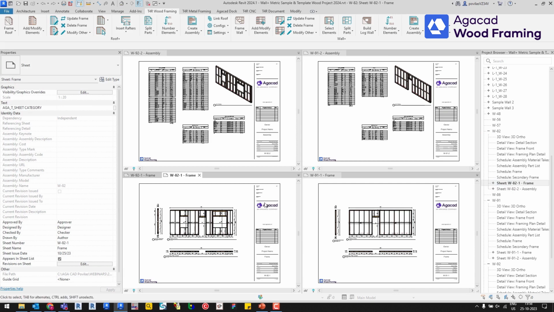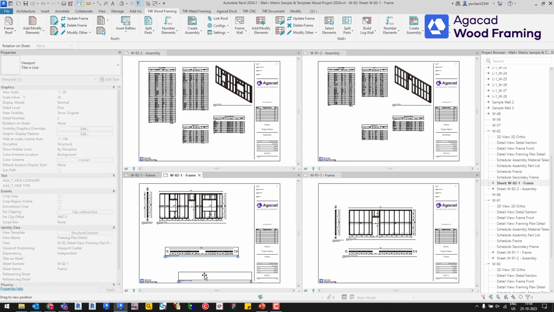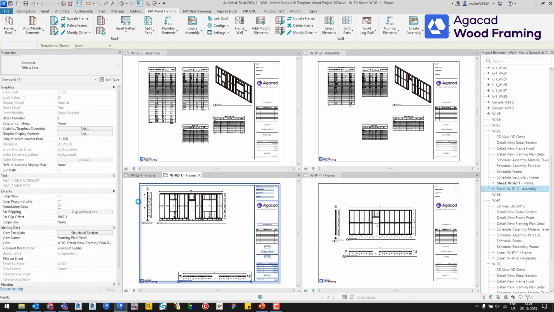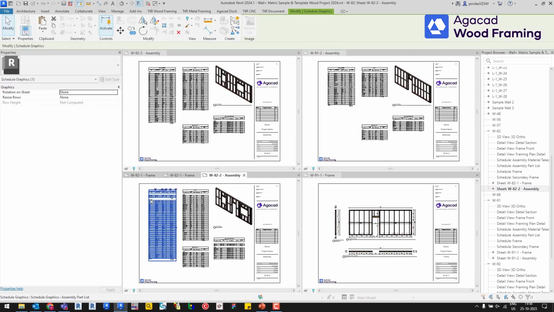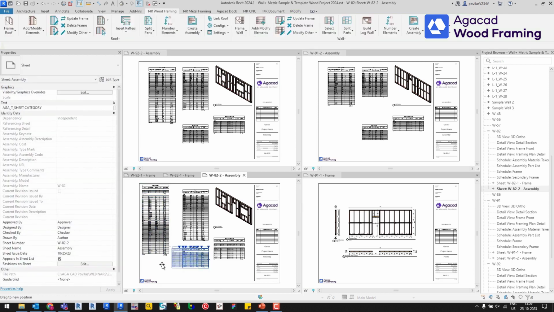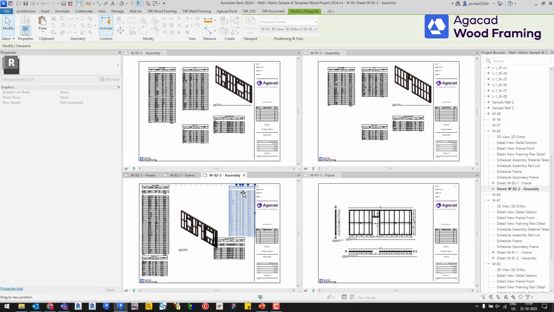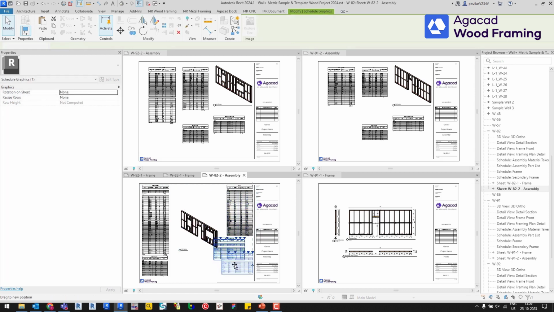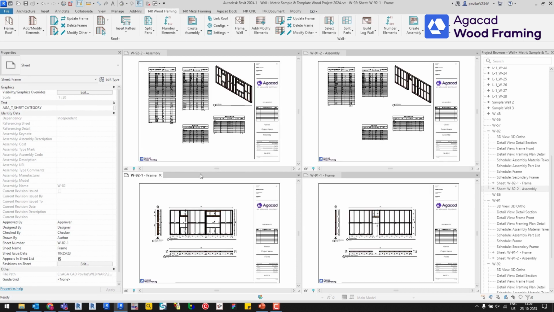And for example, if I go into the original wall 82 assembly sheet that I use as a template, I will make some adjustments, and I will go into the second sheet of assembly 82 and make some adjustments as well. And by the way, what you're seeing here throughout the webinar is the Wall Plus metric sample project, which you can also download from our technical documentation page. So now I've made some changes, and